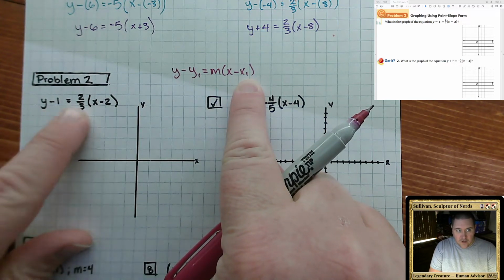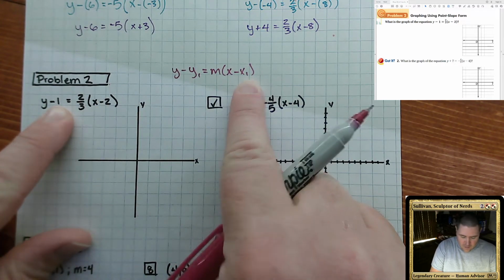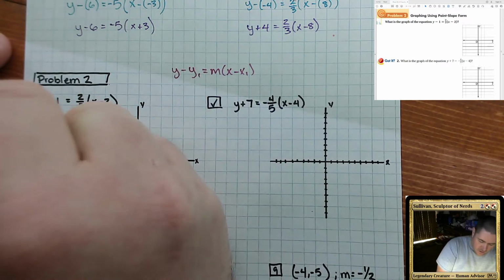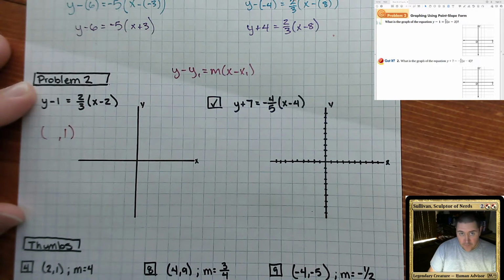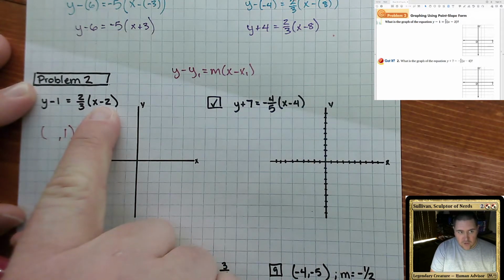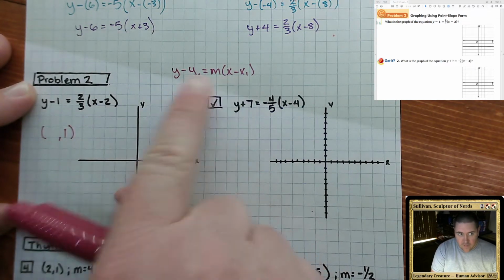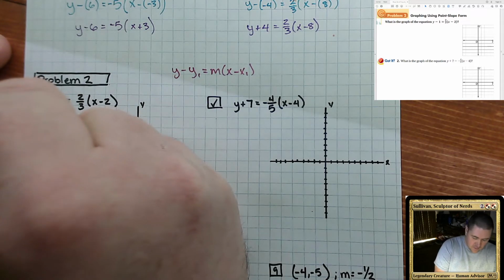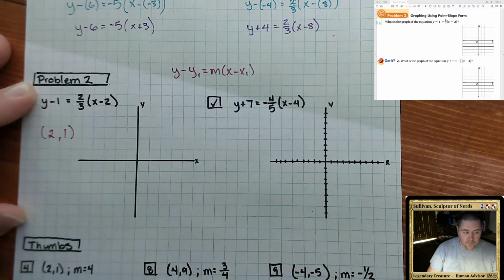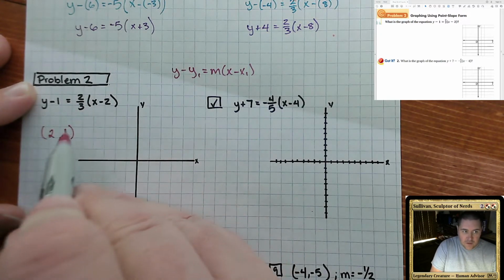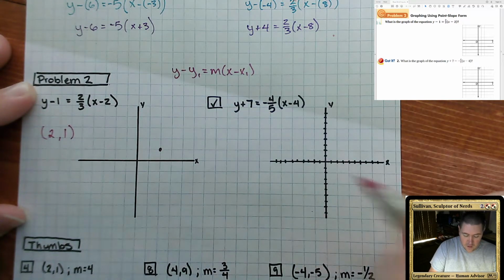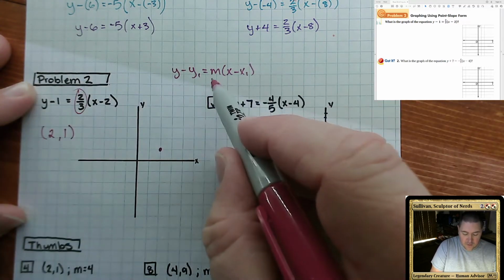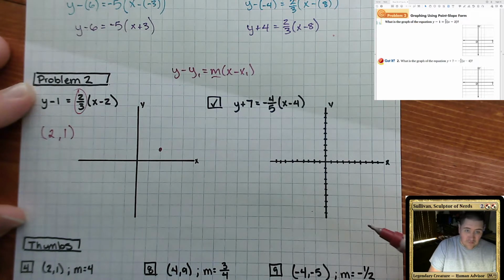So if I'm subtracting the y1, that means the number itself is just 1, not negative 1. If I'm subtracting the x, then it's plain 2. It tells me I'm going to start at the point 2, 1,